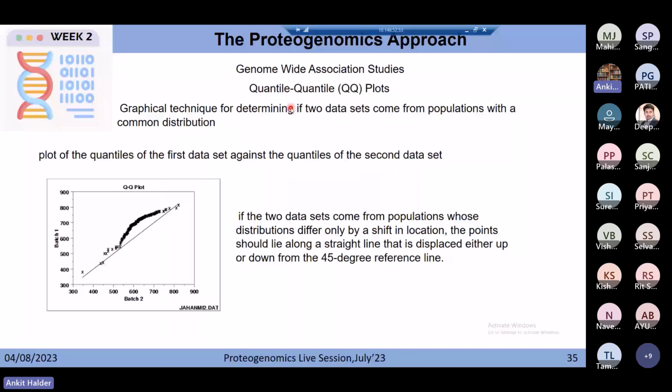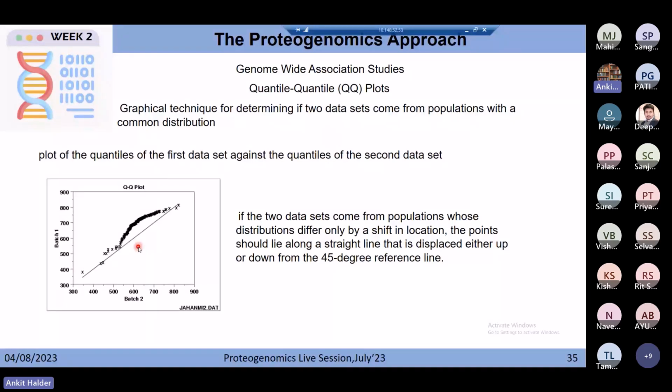So this is the quantiles of the first data set against the quantiles of the second data set, and if the two data sets come from populations whose distributions differ, the points should not lie on a straight line. With this 45-degree straight line, you will try to understand that if both are coming from the same distribution, then you will find that these dots lie in the same place. But if not,